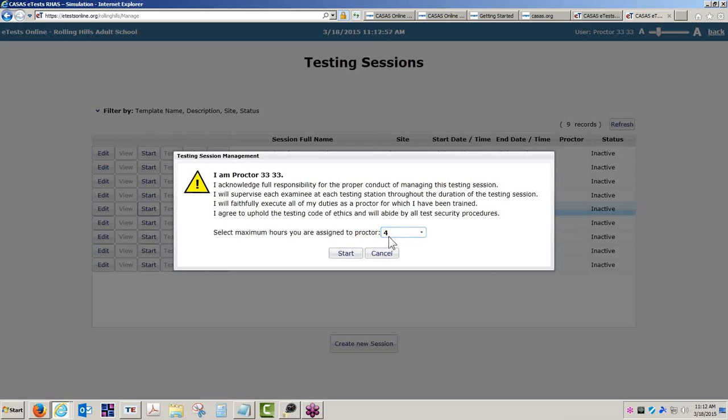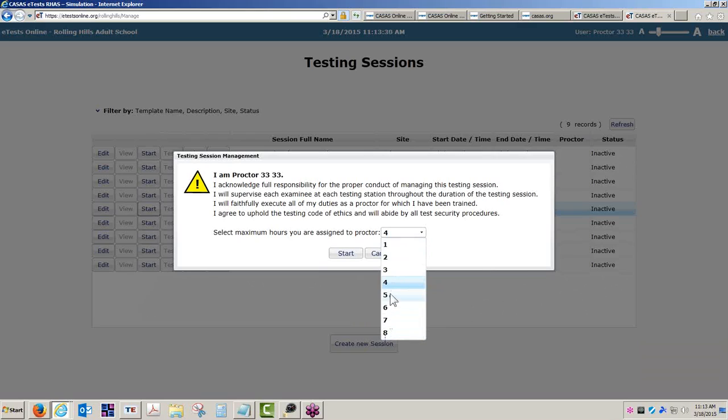If the proctor forgets to stop this session, then as a safeguard and test security measure, the application will automatically suspend the session after 4 hours. Okay. Now, you may operate assessment labs or have a computer lab that's literally open throughout an entire day. A proctor can, in fact, start a session in the morning and be present throughout the entire day